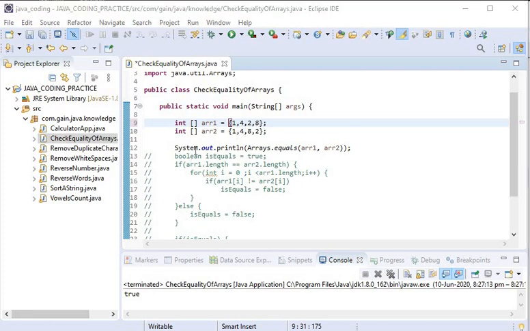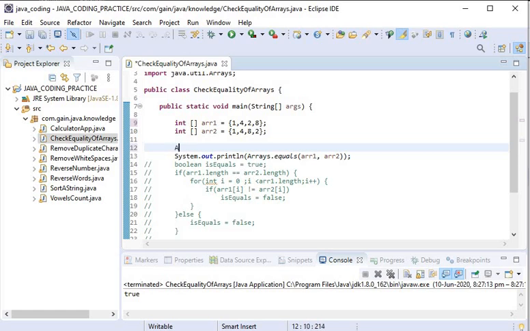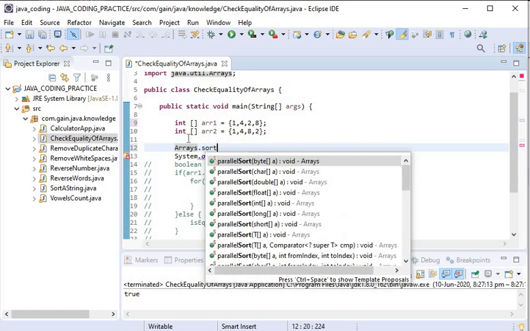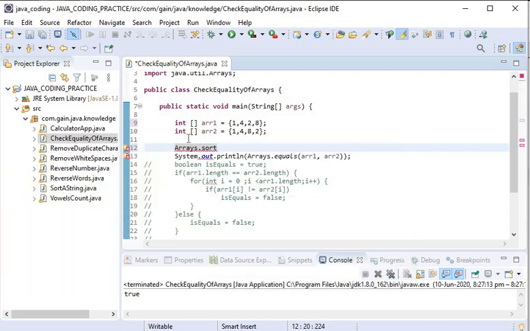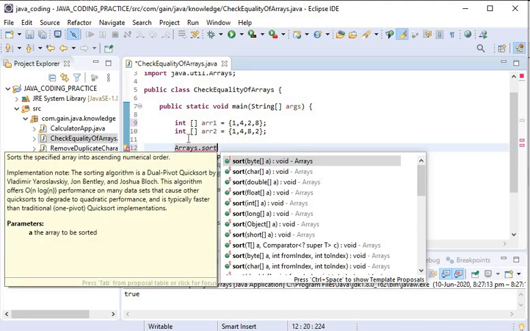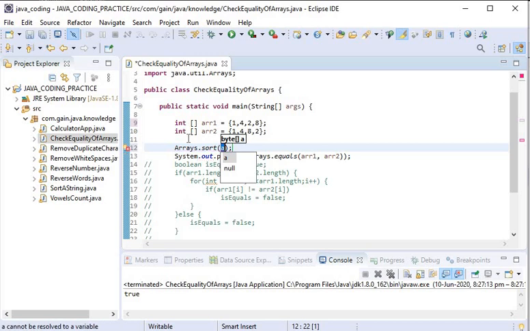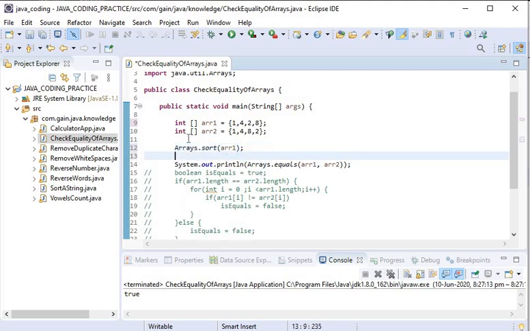We will use the Arrays.sort function and sort array1, and like this we will sort array2.